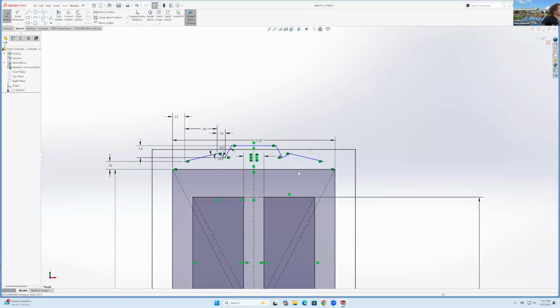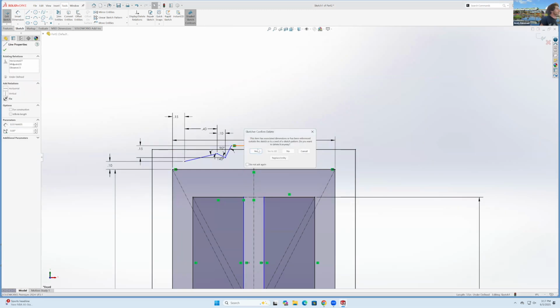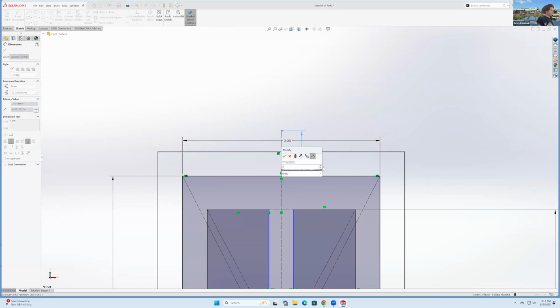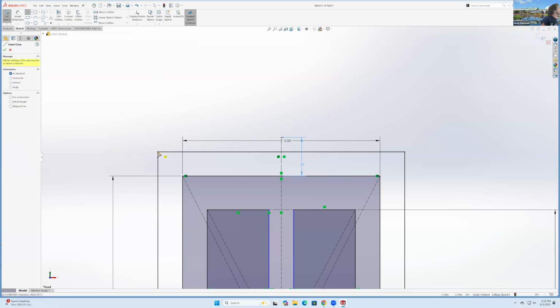I'm just gonna get rid of all of these lines. I should have done them from there, but I can just move them if I'm not mistaken. No. You know what? I'll just draw them again. I'll give you guys more time while I repeat this process. One second. There we go. See how quickly